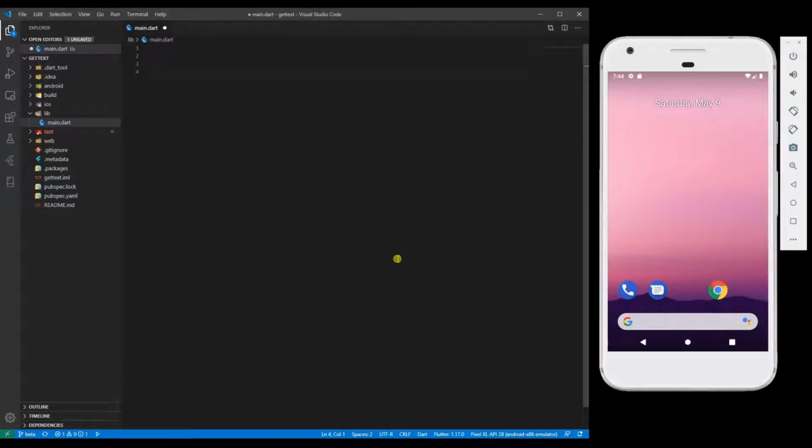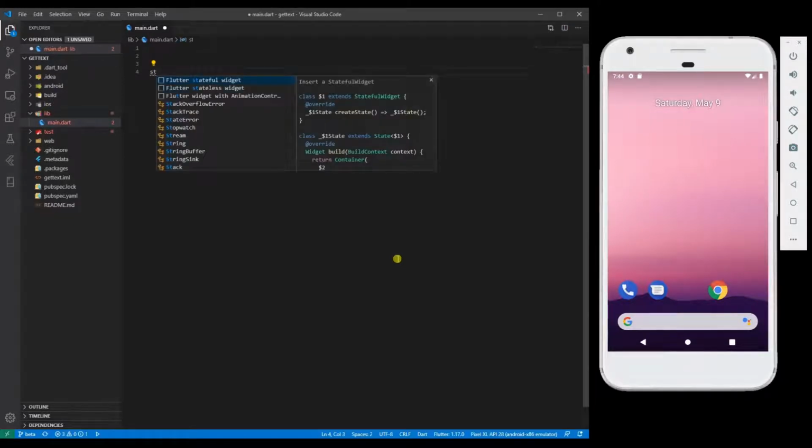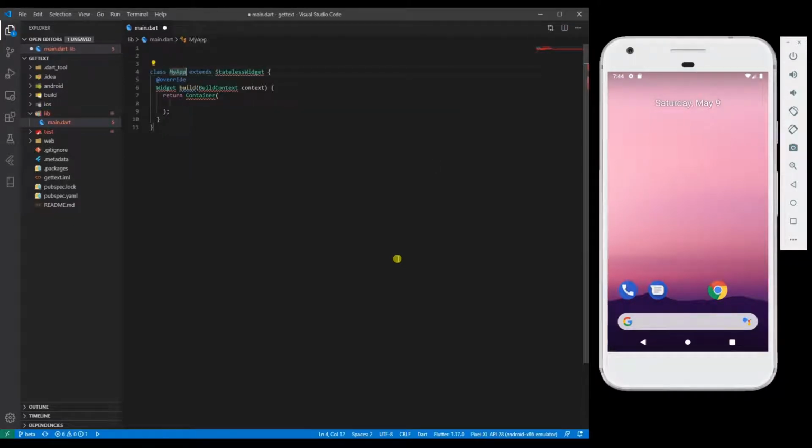I'm going to create a stateless widget first of all. And then I'm going to resolve the squiggly lines, create a void main which is the starting point of our app, and then I'm going to make it a material app, define a home,